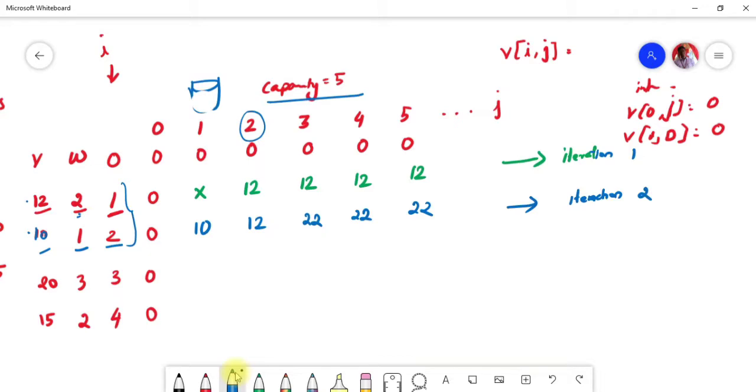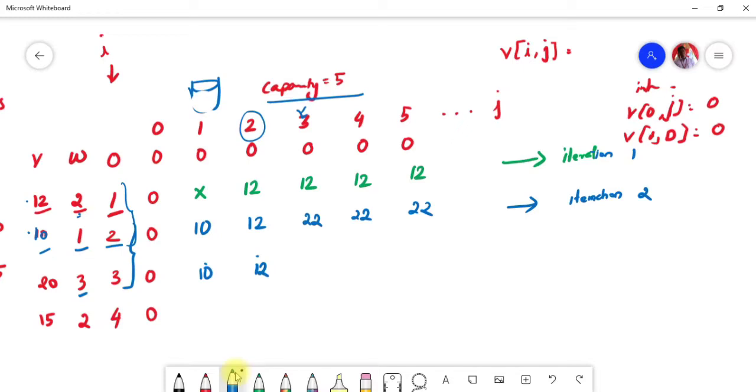Then when it comes to the third item, you are going to apply the same logic, right? You are going to deal with item number 3, but you have to consider the first 2. Then you have to find out the maximum value out of them, right? So let's see here, the weight for the third item is going to be 3. Then you cannot accommodate it in these two places, right? So for that you can repeat the value. There is no need to calculate it again. So directly you can come to position 3, because my weight is 3.